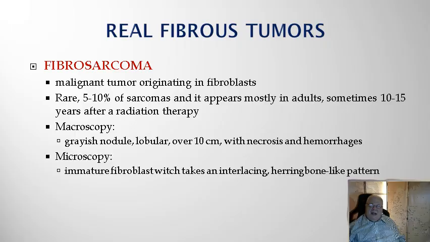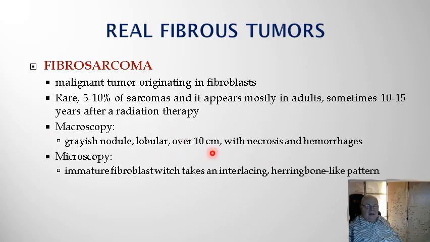The malignant counterpart, the fibrosarcoma, is fortunately also rare. Only 5% of sarcomas, which as a group is a very rare group of tumors. So these fibrosarcomas are quite rare, otherwise appearing deep, in muscles, usually in muscular masses, mostly in locations which were in the past previously affected by radiotherapy for other reasons.